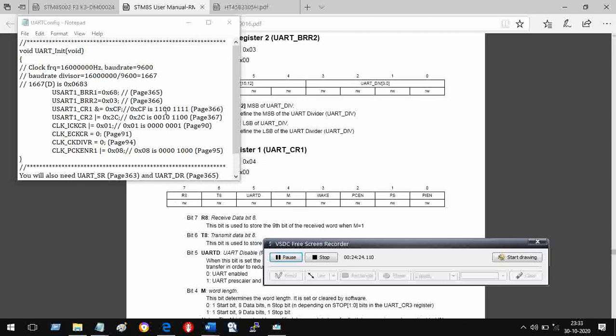As you can see here, this is bit 5, it is 0. What about bit 4? Bit 4 is also becoming 0. And what is the role of bit 4? It is M. M is the word length. If it is 0, then 1 start bit, 8 data bits, and stop bits. So this is the way you configure. And you have seen that this is what we did. And this is how we initialize or use this register to configure another aspect of the serial communication feature.